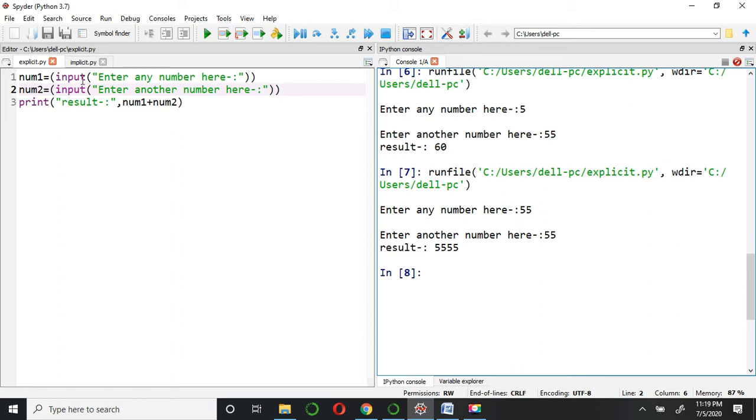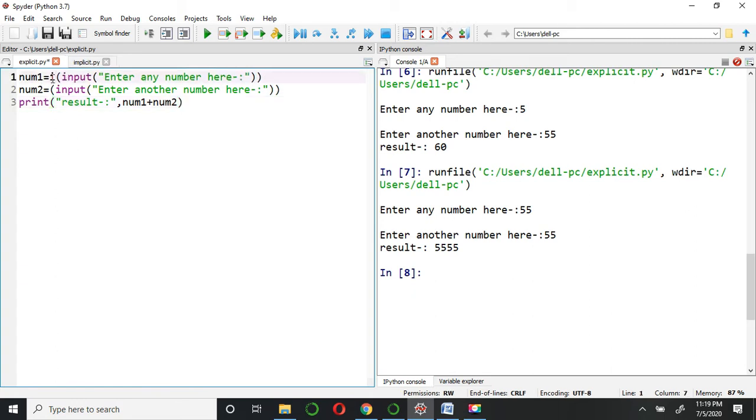Why is the interpreter doing this when we are not writing int here? Actually when I'm not writing int here, this num is working as a character. As I have already told you in class 11, the default data type of Python is character or string, you can say. If you are not telling the interpreter to convert the number coming from the user end, by default this num will be of type character.